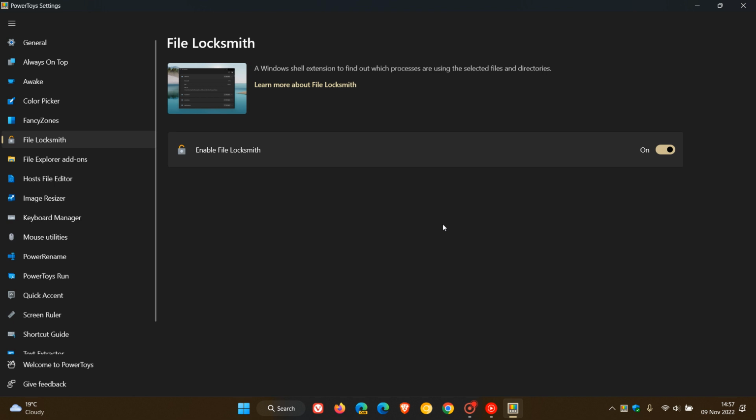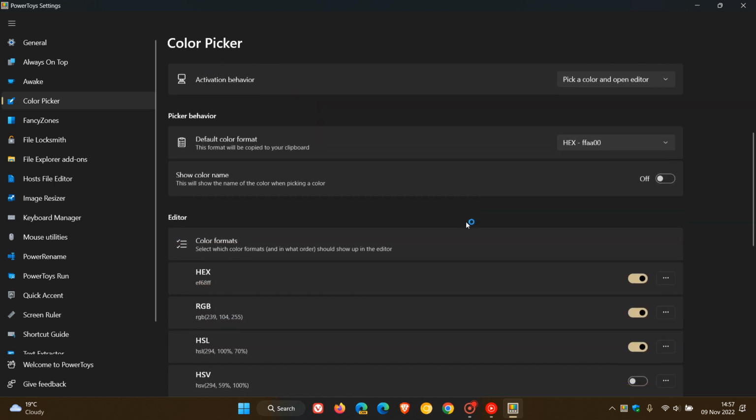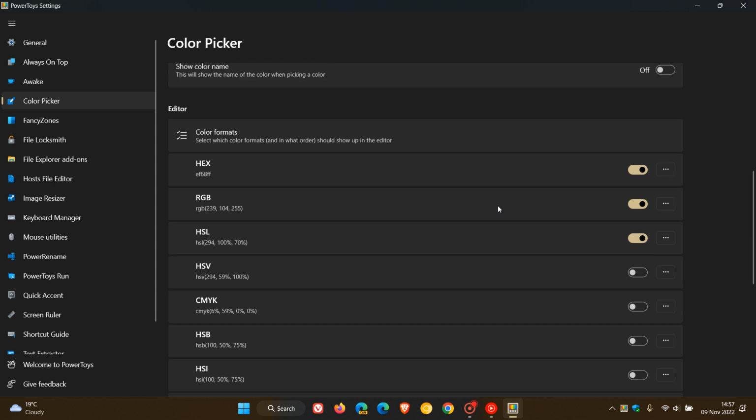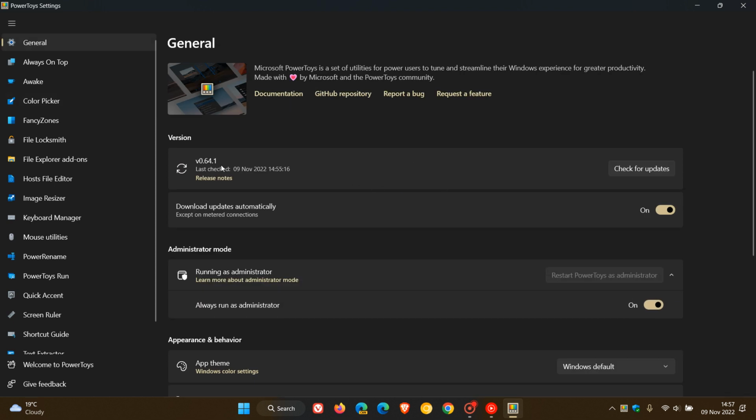And then the last key highlight just to mention for this video is if we head to the Color Picker, which is a quick and simple system-wide color picker, you can now avoid an infinite loop when updating settings in Color Picker. So if you are using the Color Picker and you're fiddling around in the settings and updating those settings, you can avoid an infinite loop that was causing those settings to loop in the Color Picker, and that's been addressed now. So that's more or less the key highlights that have rolled out in version 0.64.1,